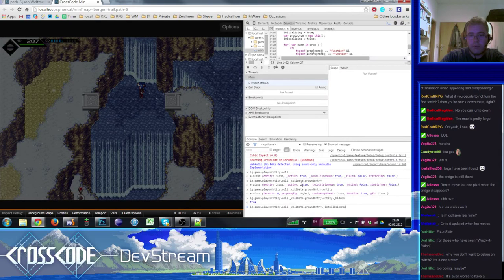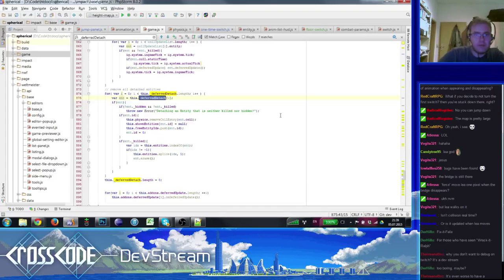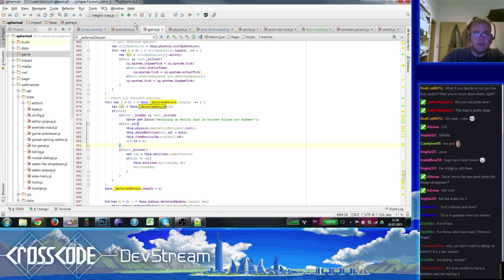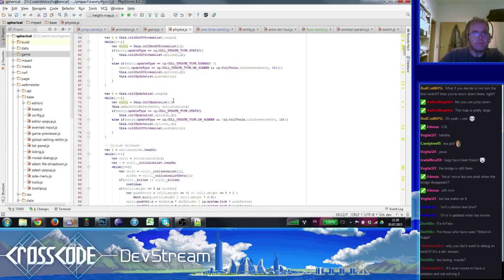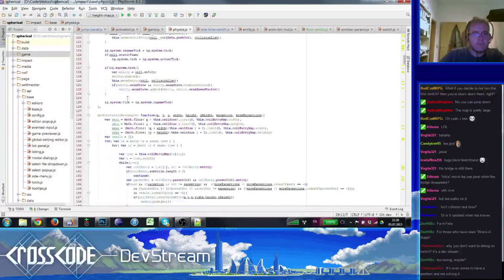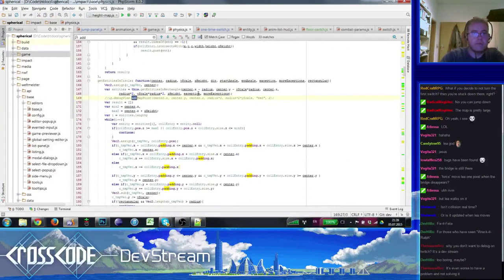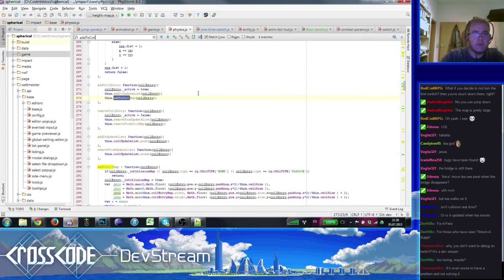Okay. So in order for this to happen, it is hidden, so it should be removed. What happens somewhere is that I actually add an entity to the collision map, and it's actually hidden while I do this.